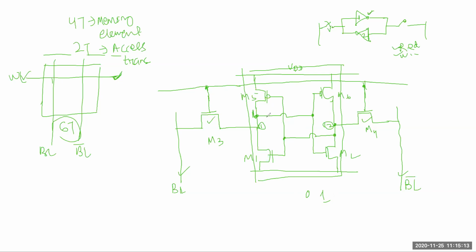Whatever you are doing is stored in 0-1 format or high-low format. If it is high, then this value will come here, then this NMOS will be on, and it will be 0. So 1 0 1, every time the same, it will not change. So we will read that. In that particular location or address, what is stored in that bit, 1 or 0? That you have to read.